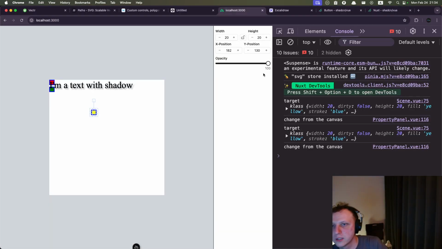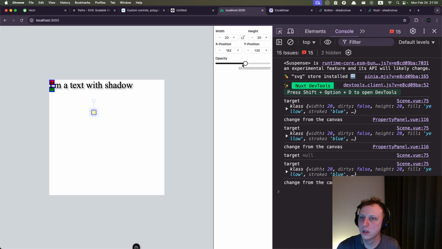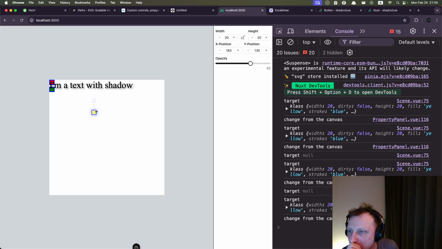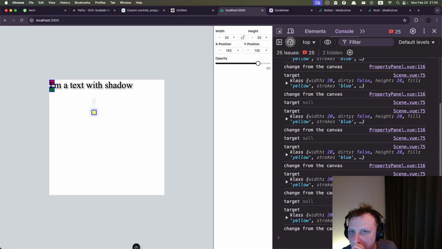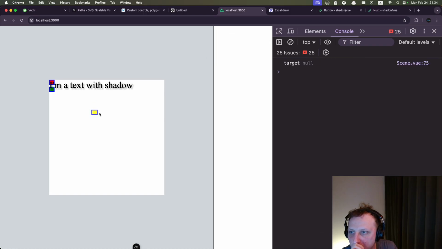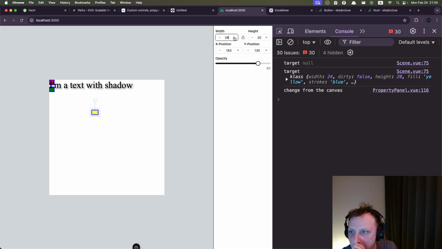Okay, let's first check out how to fix the locking part. Right now this part works, but this one here, you must be kidding me. You must be kidding me. So this one works with the local update, but then